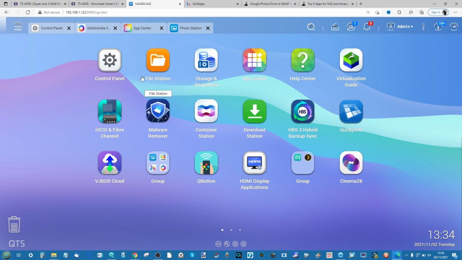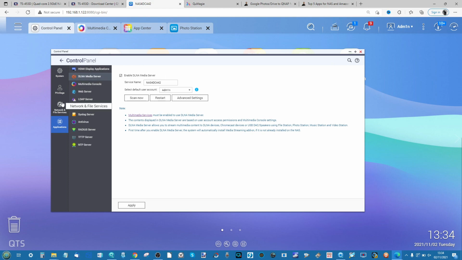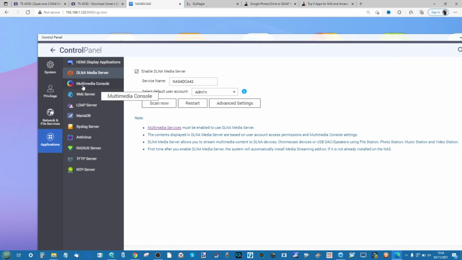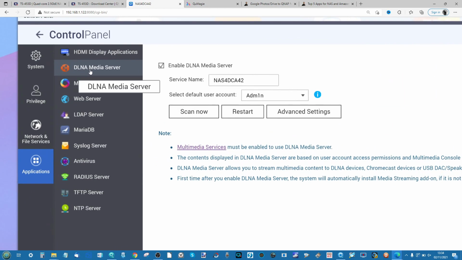The next thing you need to do is head into the control panel. In the control panel, head to the left-hand side to the bottom option marked Applications. In Applications, there will be an option here at the top marked DLNA Media Server. This is how to create a simple to access server that devices in your home or office environment, such as home consoles, laptops, Fire Stick TV, media boxes and more, can talk to the NAS in a basic way and